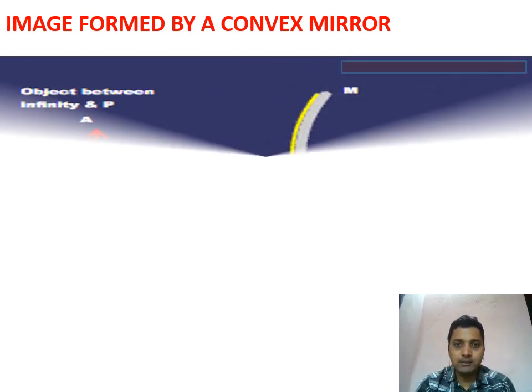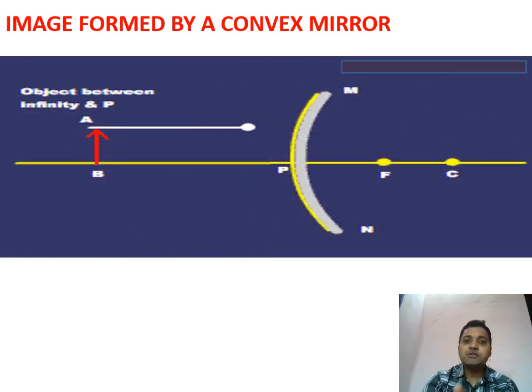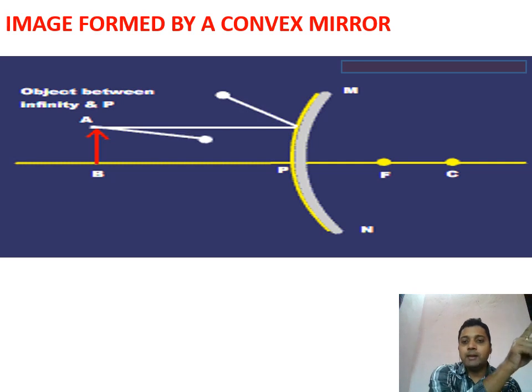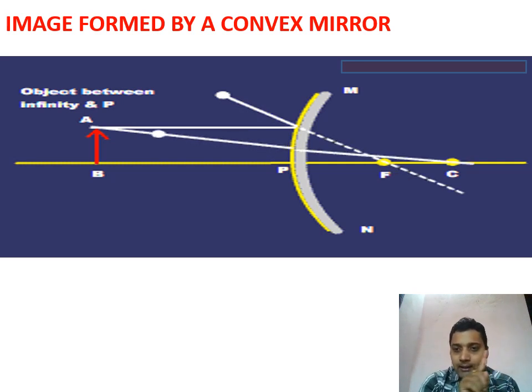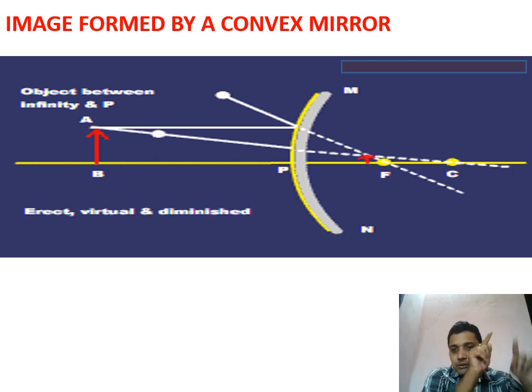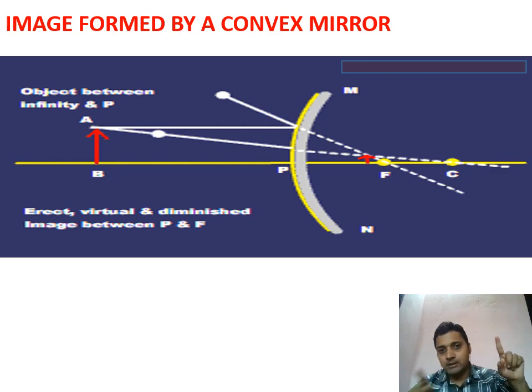When you come to the image formed by a convex mirror, then you can see here, when the ray of light strikes it, it will diverge outside. Means when a parallel light is incident on a mirror, it diverges, then it is incident towards the focus. So that is the dotted line.